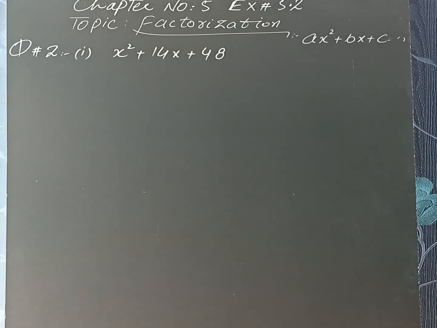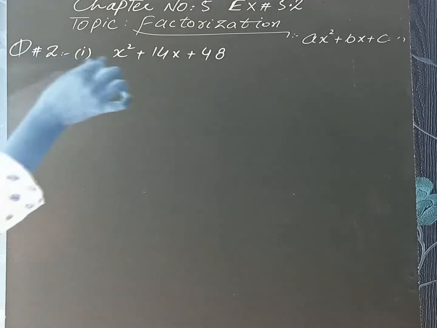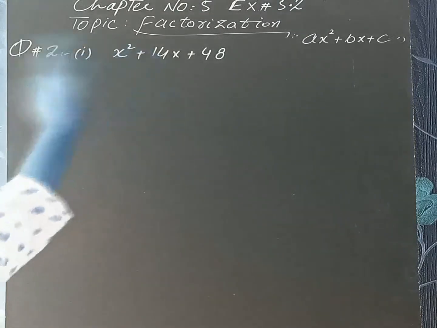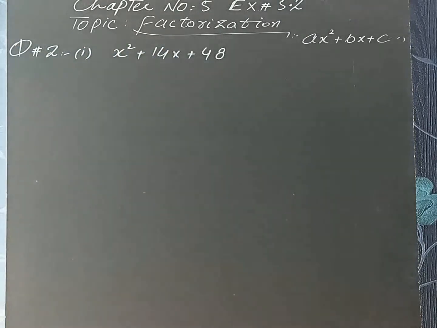One thing you should keep in mind: when this paper comes in the exam, it will be difficult to judge which type of factorization it is, whether this is the quadratic type or the expression of type 3, in which we were searching for two perfect squares. You can check first for that type. x squared is a perfect square, 14 is not a perfect square, 48 is also not a perfect square. It means here we cannot use that third type of factorization, so we are going to use the next type.